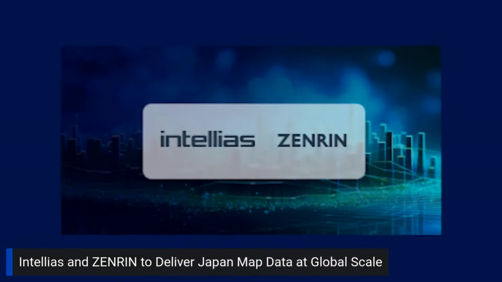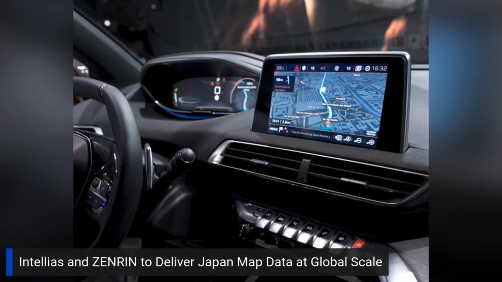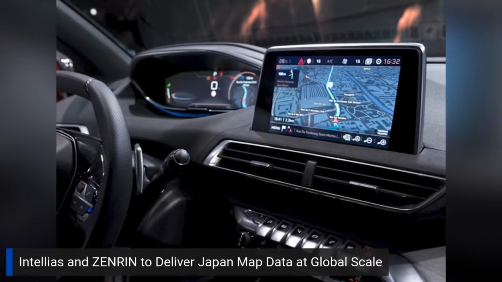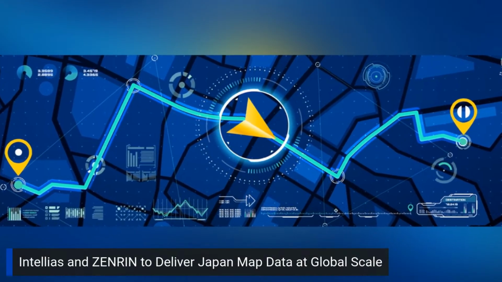Global software engineering and consulting firm Intellias announces the establishment of a partnership with leading Japan map data provider Zenrin to develop cutting-edge digital maps, which are enriched with Japan map data tailored for modern vehicle navigation systems. Intellias applies its mapping and navigation expertise to commercial projects with global clients and contributes to data standards for the automotive industry. Zenrin here brings over 70 years of experience in mapping services, building a strong reputation as a provider of maps that cover the entire territory of Japan.